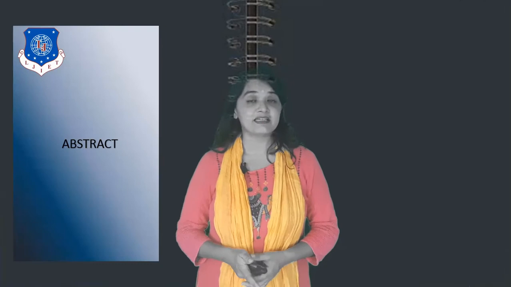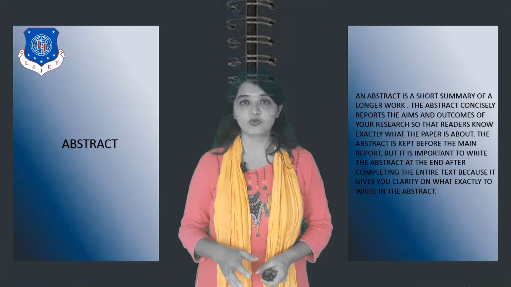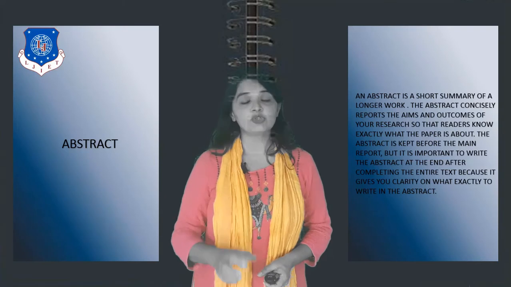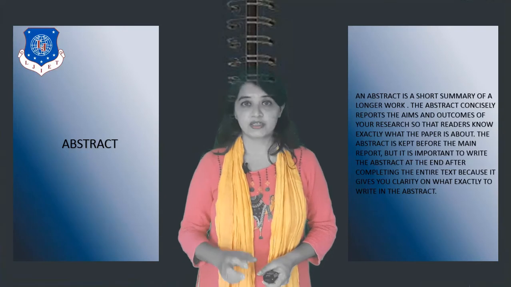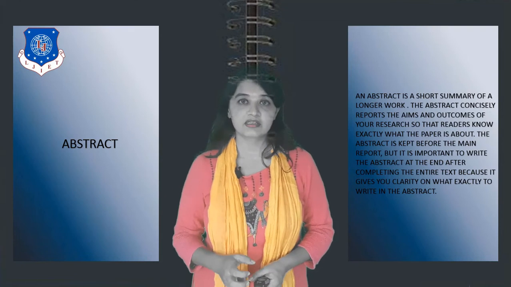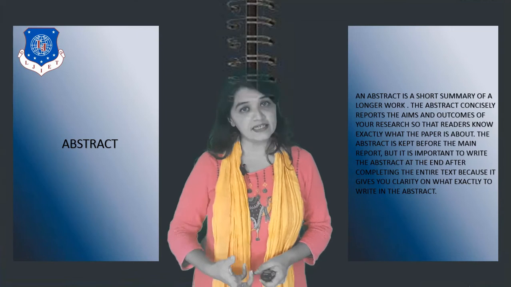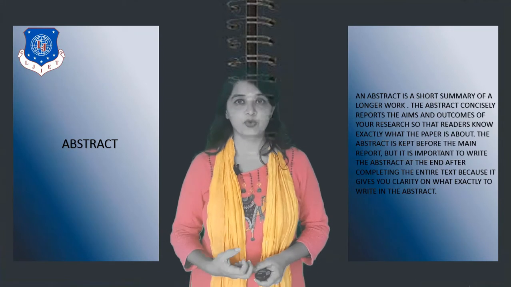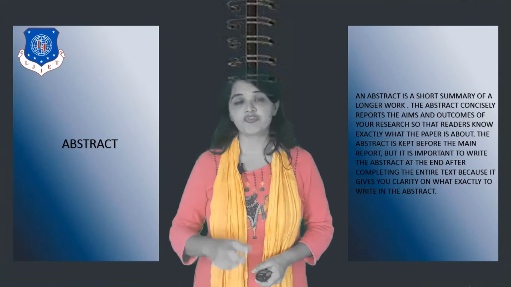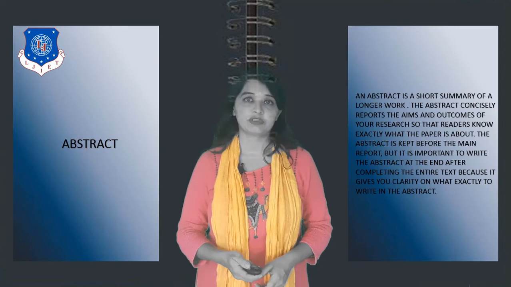Now the next element is the abstract. Now, what is an abstract? An abstract gives an idea about the report, particularly highlighting the objective of the report. It gives an idea to the readers of what your report may contain and what your intention is in writing this report. So, by reading the abstract of any report, one gets an overall idea about the report.